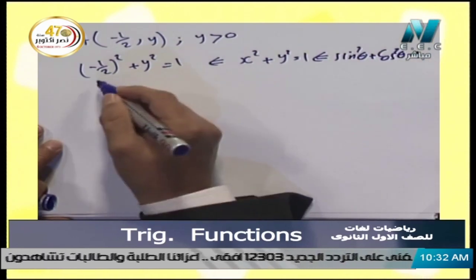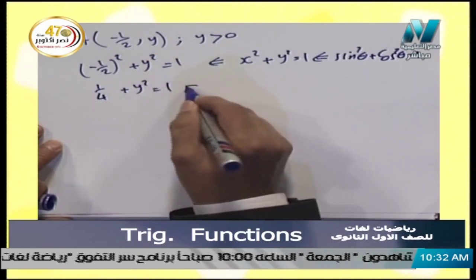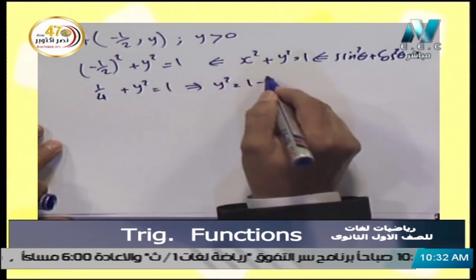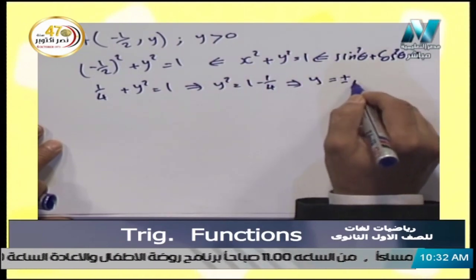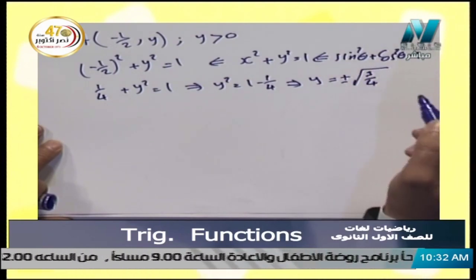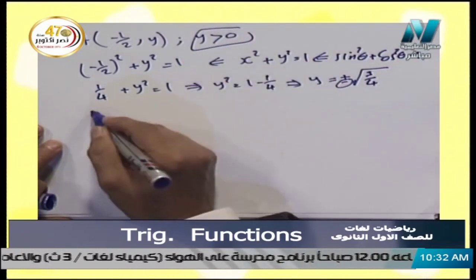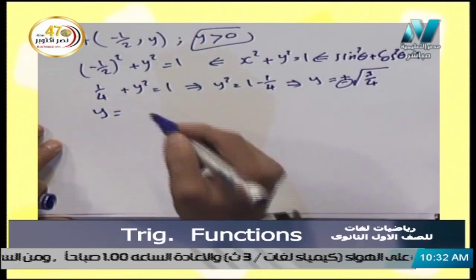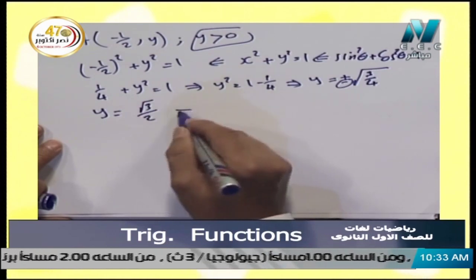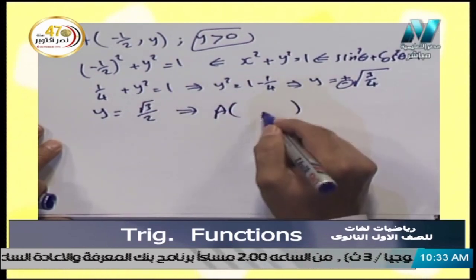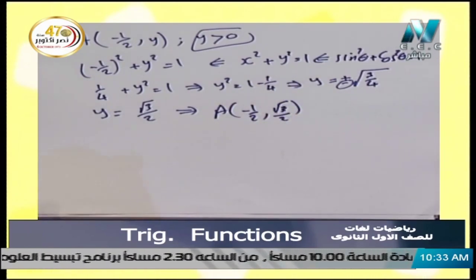From this equation we have 1 over 4 plus y squared equals 1, and also y squared equals 1 minus 1 over 4. So y equals positive or negative square root of 3 over 4, and we cancel negative because y is positive only. So we have positive root 3 over 4, which is root 3 over 2. So the point will be negative half and root 3 over 2,